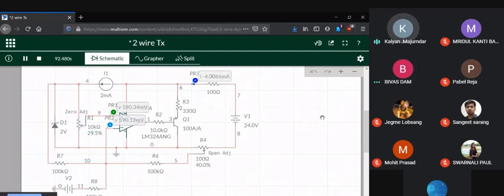এটাকে 4 করা গেছে, এটা যেটা ছিল 30.17 এটাকে 29.5, কিছুটা হিট এন্ড ট্রাই করে এটা 4 মিলি অ্যাম্পিয়ারে চলে এসেছে। এবার দেখা যাক, আমি স্প্যান চেঞ্জ করেছি, 20 মিলি অ্যাম্পিয়ার কোথায় আসে। আগে স্প্যানটা ছিল 800 মিলিভোল্টস when this span adjustment was 50%, আমি স্প্যান অ্যাডজাস্টমেন্টটাকে 40% করেছি। দেখা যাক 20 মিলি অ্যাম্পিয়ার কোথায় আসে।